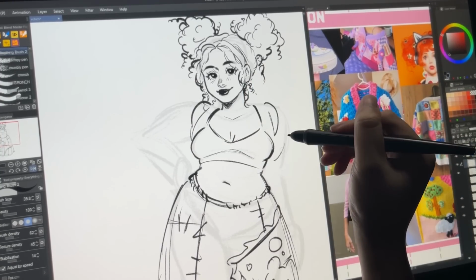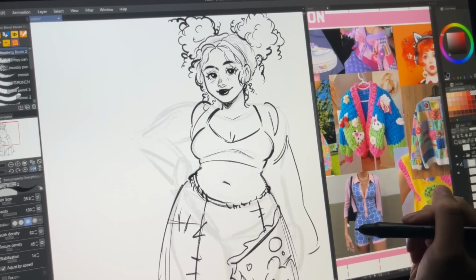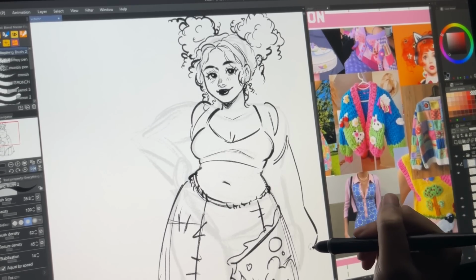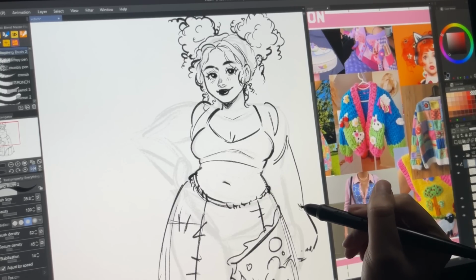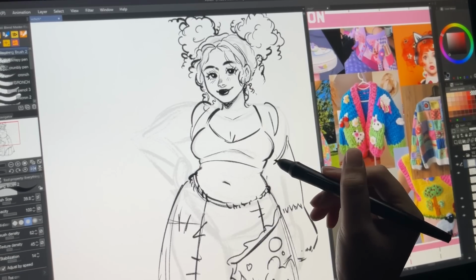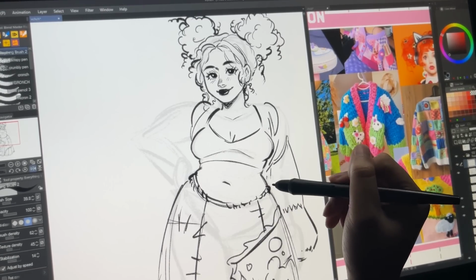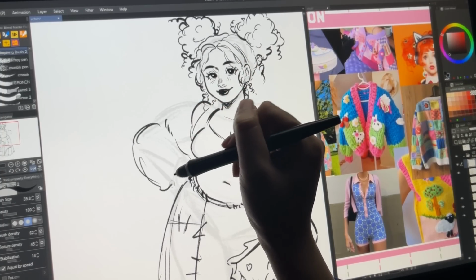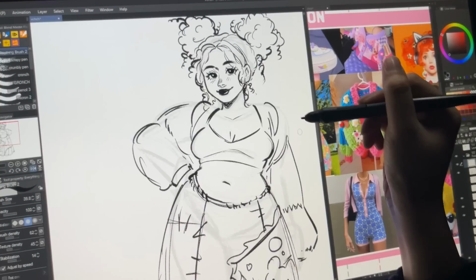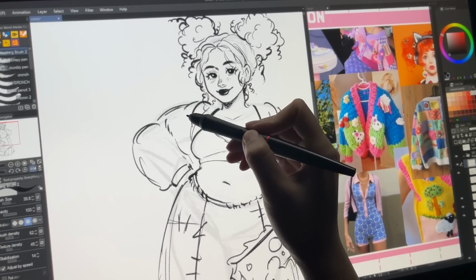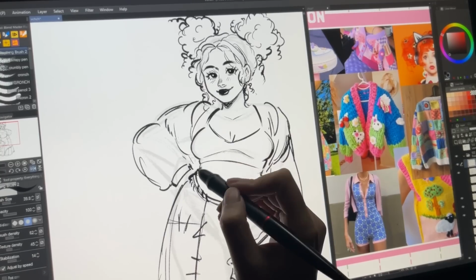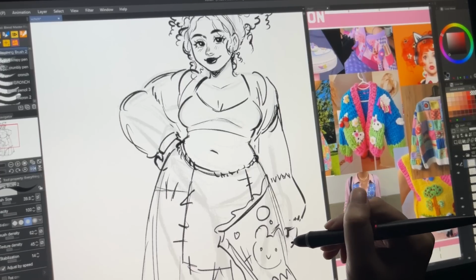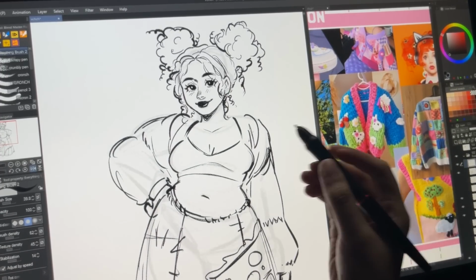When I got around to her jacket or cardigan, basically her arm area, I was having some difficulty because I have all of these nice knitted cardigans in my mood board, but when I was drawing them and making them long, I found that I was disrupting the silhouette that I just created with the skirt. And then I got tired of trying to make it work, so I gave her a cardigan that was kind of short. I don't know, it really doesn't make any practical sense. I don't know why it's going behind her body. So that's definitely something I'm going to have to scrap or spend way more time on once I redo her design.